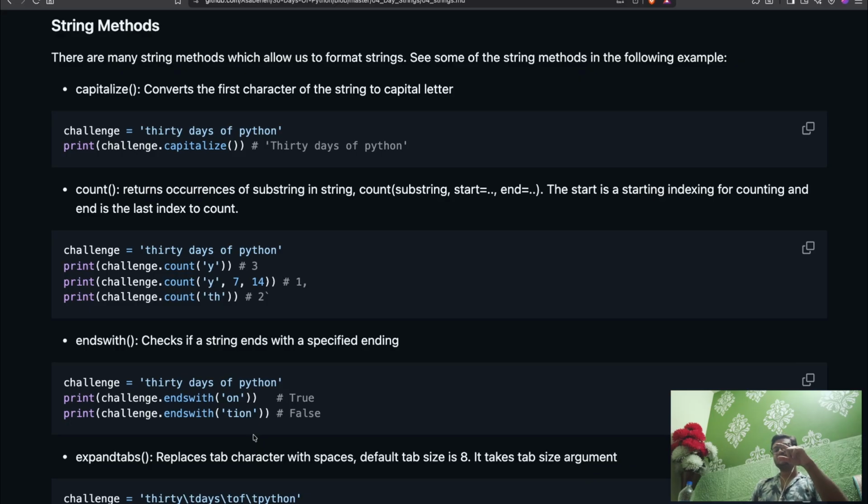Like challenge equals to 30 days of Python. Print challenge dot count y. If we count the y in challenge, it will print 3, because the number of y in the challenge is